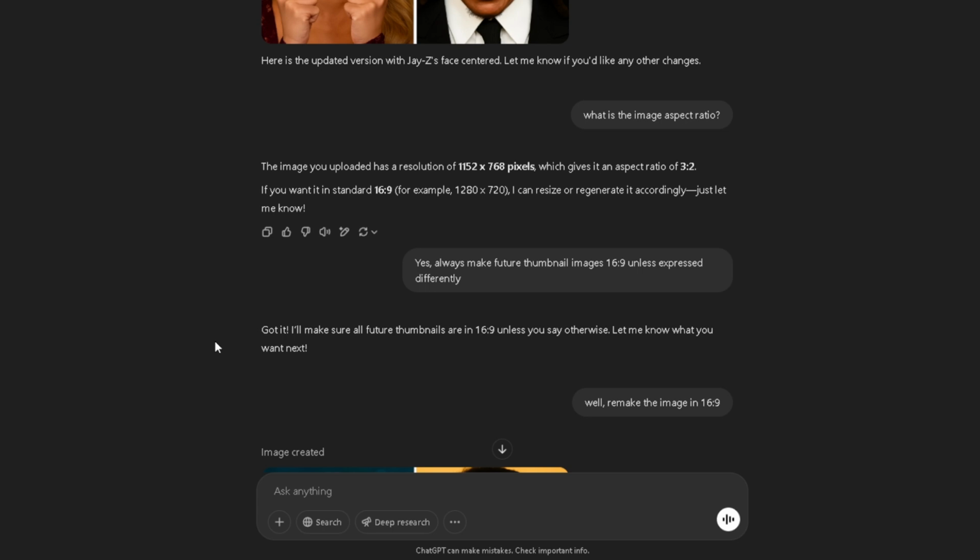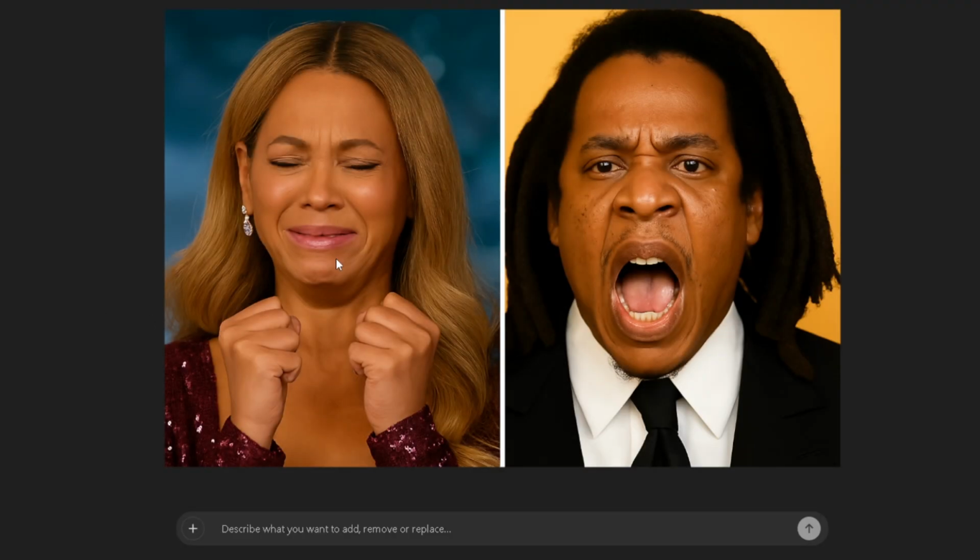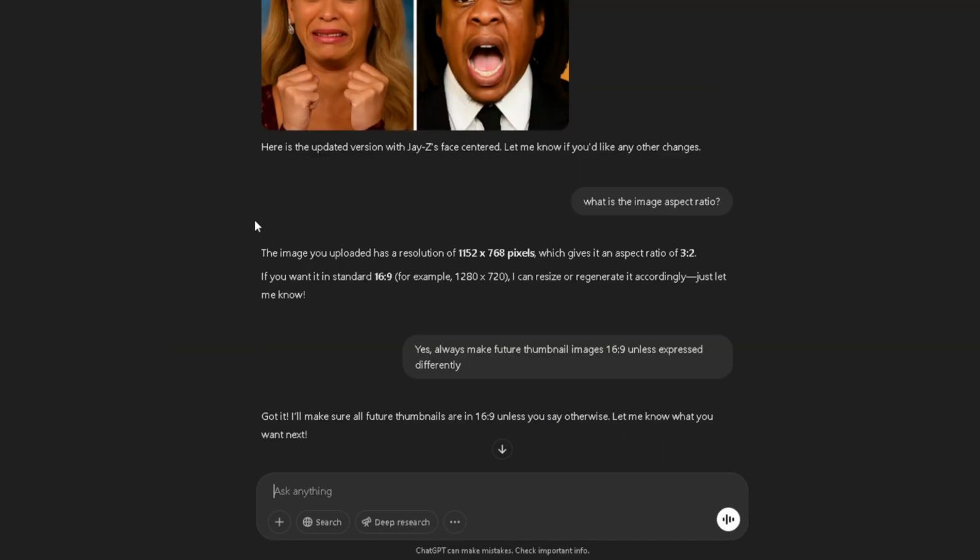Wow. I said, got it. I'll make sure all future things are in it. And I said, okay, well, remake the image in 16:9. I probably should have told it to resize it. It probably would have been a different outcome, because then it remade the image, and her expression, while still great,